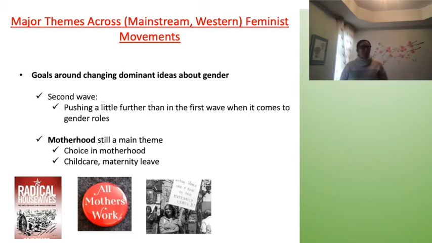So we're seeing a little bit more of a push against traditional gender roles in the second wave. So kind of questioning, why is it all about being a mother? Are there alternatives to being a wife? But it's still imagined that equality could happen without dominant changes to the traditional structures of the family. Okay, and we see this through the efforts and the strategies that they used, right? It was about changing laws to protect women who choose to work, changing laws to make family life better, but the goal of the movement wasn't to radically reimagine what being a woman was or what family roles were.